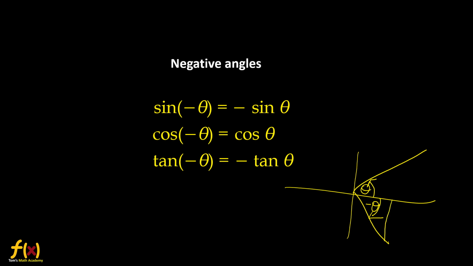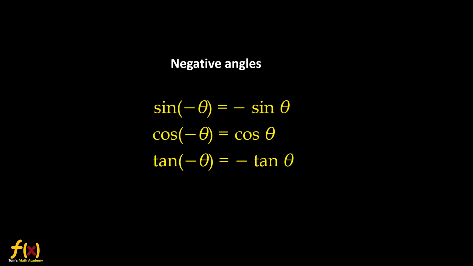So you can imagine in the diagram, you can look at this one. If the angle is here, negative theta, in the fourth quadrant, only cos is positive. Sine and tan will be negative. Look at this. So sine of minus theta will be minus sine theta. Tan of minus theta will be minus tan theta. Look at cos. Cos will be positive cos theta. So you can just remember that. These three ratios of negative theta are important. You get a lot of questions on that.